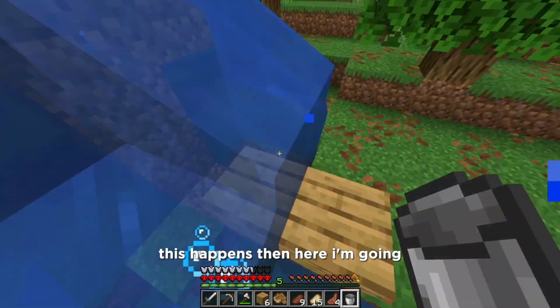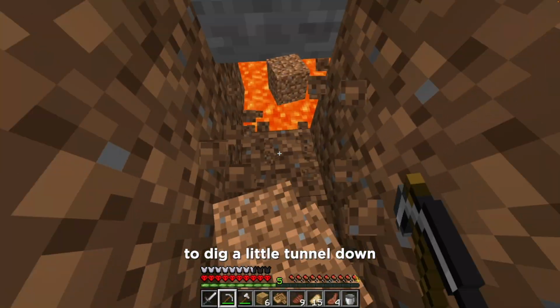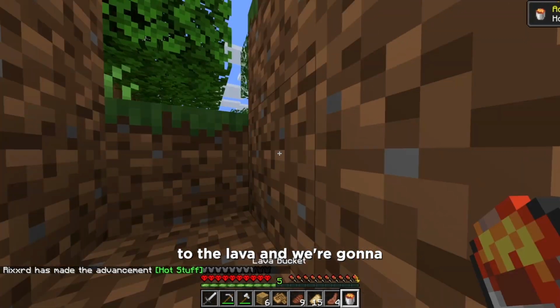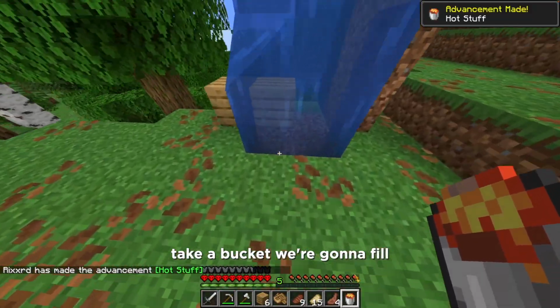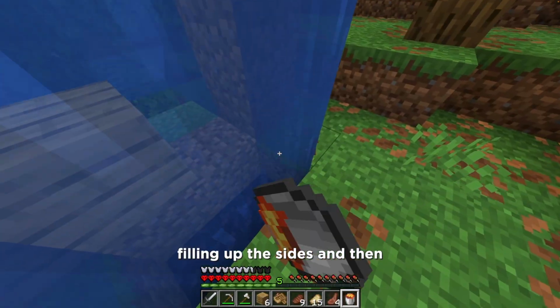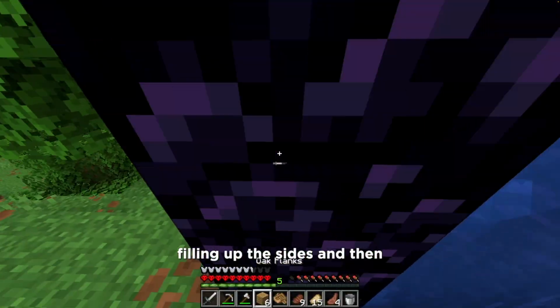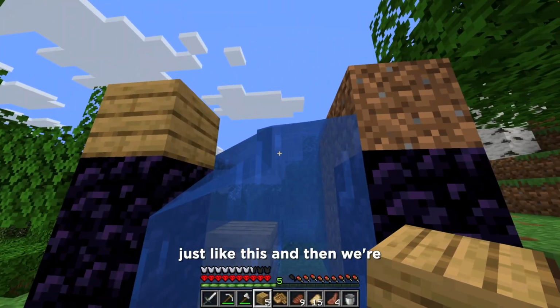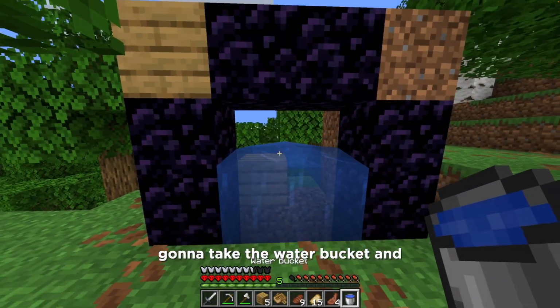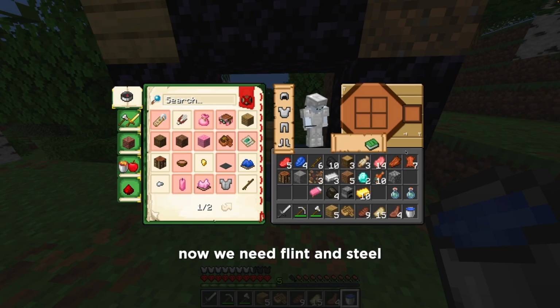So then something like this happens. Then here I'm going to dig a little tunnel down to the lava, and we're gonna take a bucket, we're gonna fill the bottom, then we're gonna start filling up the sides, and then lastly the 2 top blocks here, just like this. And then we're gonna take the water bucket, and now we need flint and steel, and I